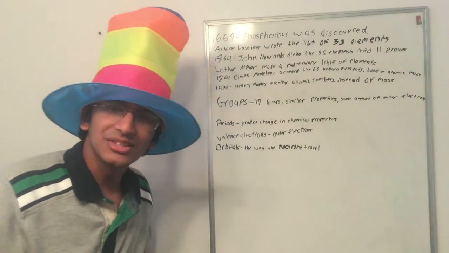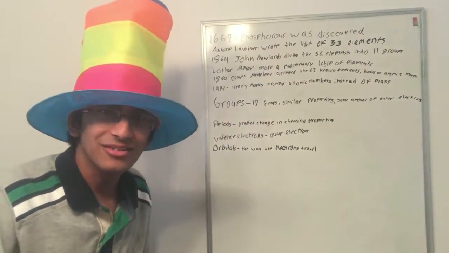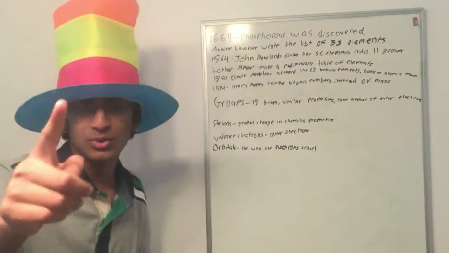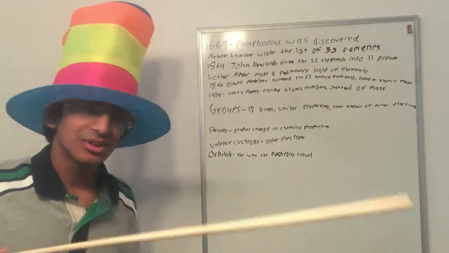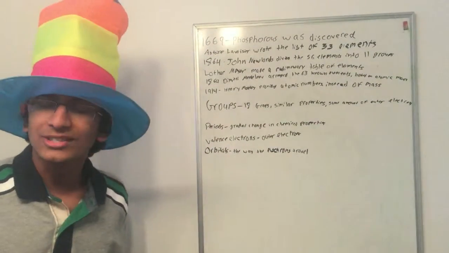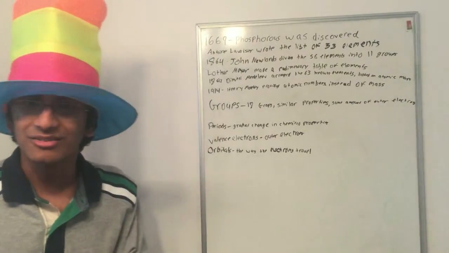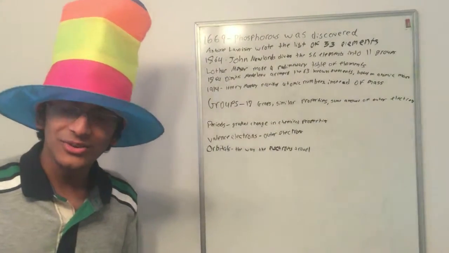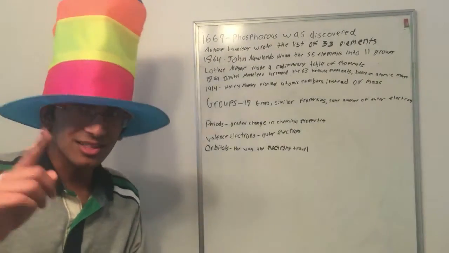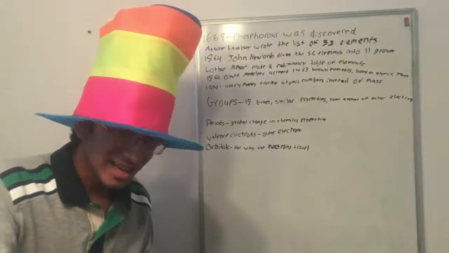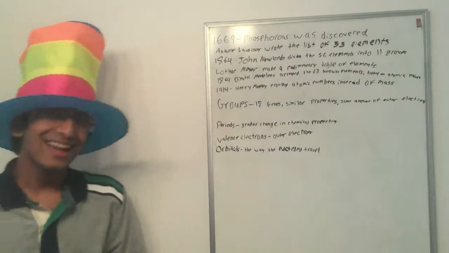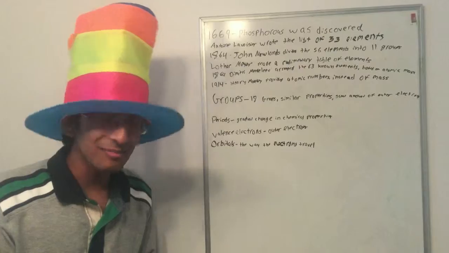So, to continue our great nation, I'll now pass on the knowledge of the history of the periodic table to all of you. So to begin, in 1669, the first element, phosphorus, was discovered. And do you know why, my loyal subjects? Because they were trying to create something great, a philosopher's stone, able to turn any metal into gold. But they messed up terribly! So they blew things up and phosphorus was